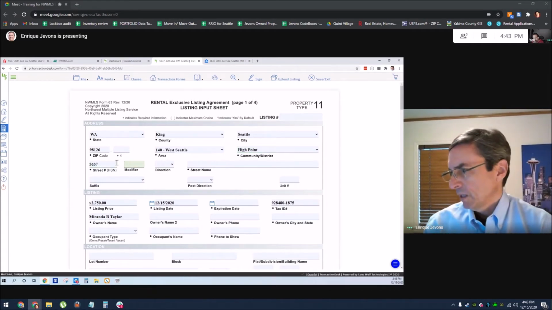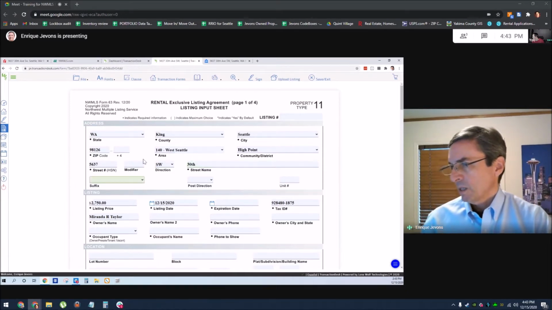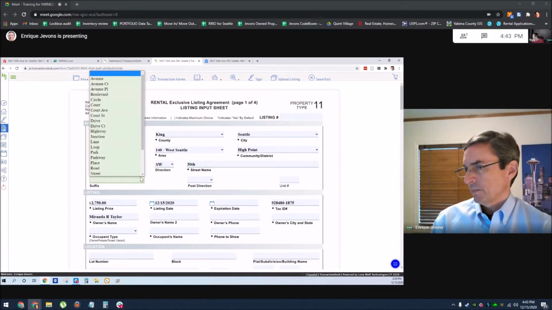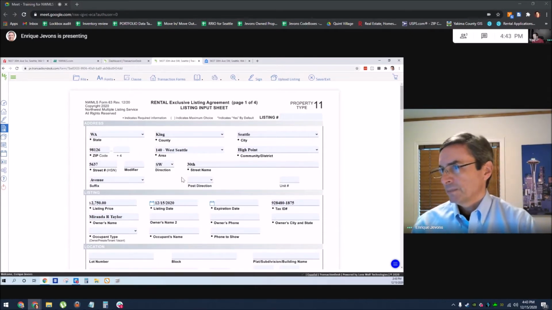637. Direction. So southwest. Street name 30th. It's kind of funny. Okay, so suffix is going to be avenue. Post direction. Okay, so if